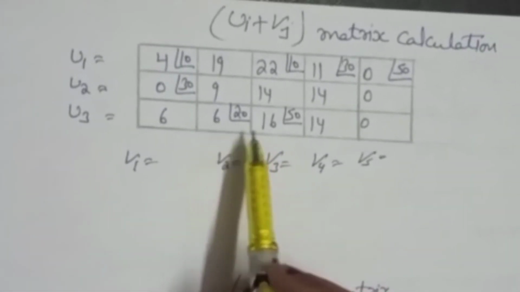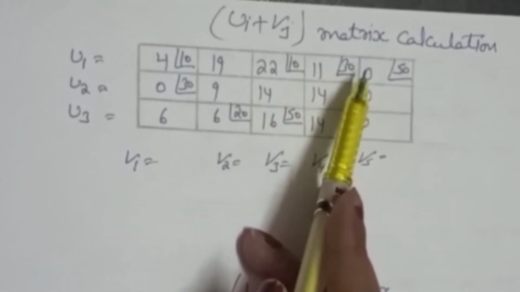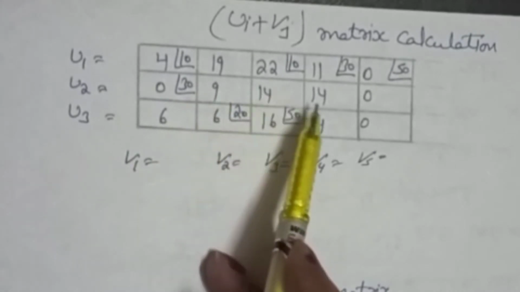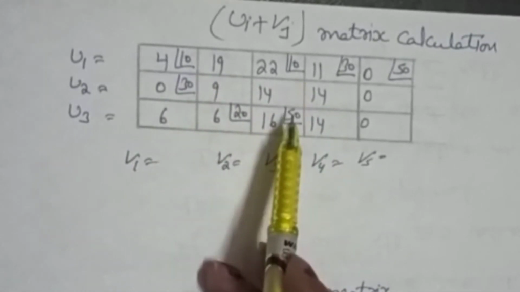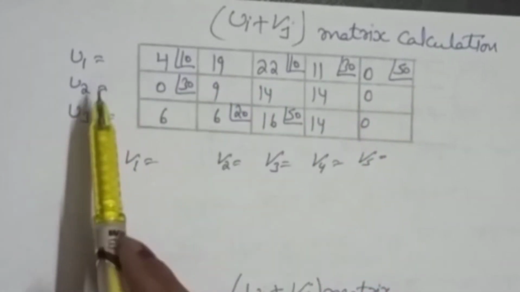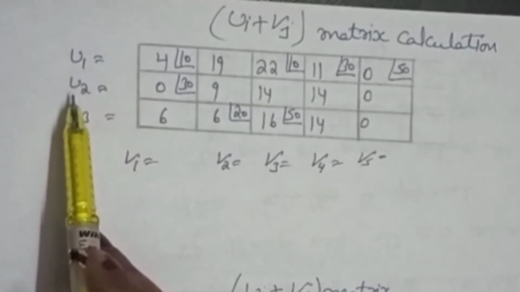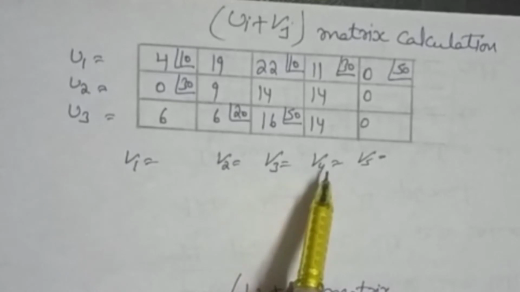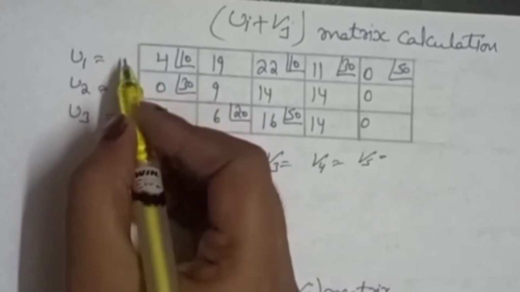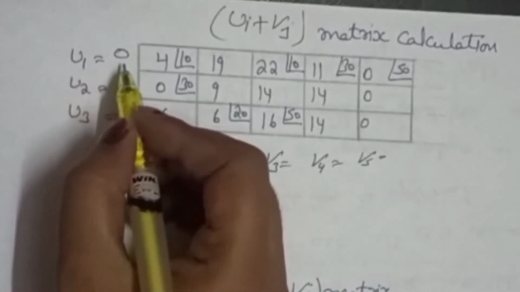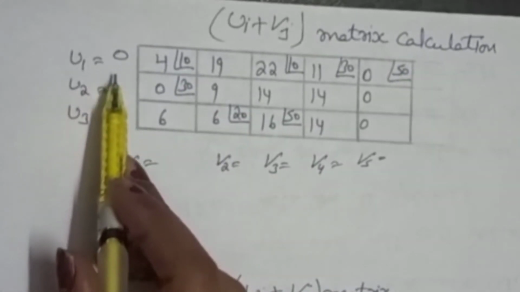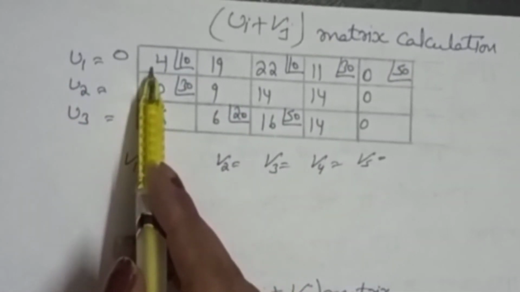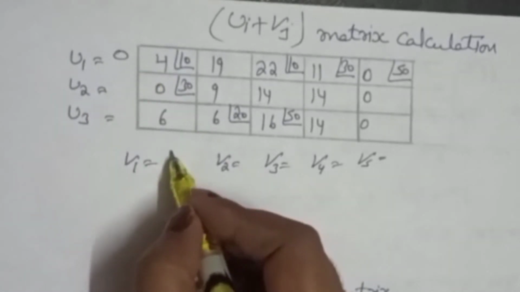Now we will calculate our ui plus vj matrix. We have already made this matrix. These are our cell values and these are our allocations. Now we will calculate the values of u1, u2, u3, v1, v2, v3, v4, v5. We will write here 0. Our u1 is equal to 0. So if u1 is equal to 0, u1 plus v1 is equal to this cell, which means 4. 0 plus 4 is